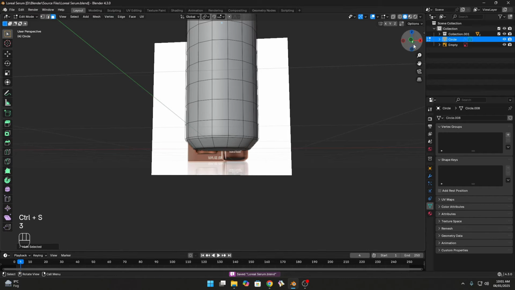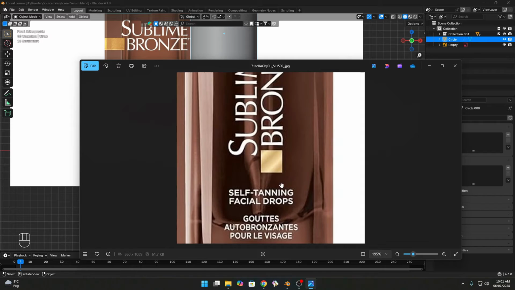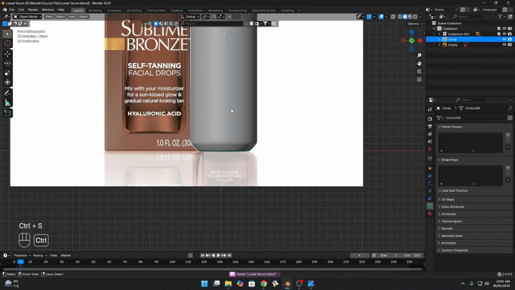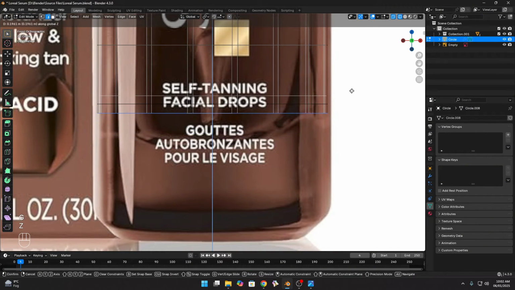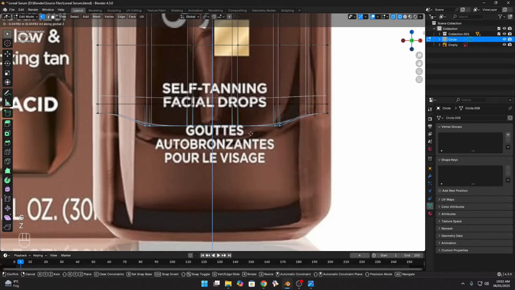Just select this below part and delete faces. Here's our inner part. You can see the inner part here is curved like this, so we make it like this. Go to edit mode, go to wireframe mode, select this loop, move up like this, and go to vertex select mode and select these vertices and move below